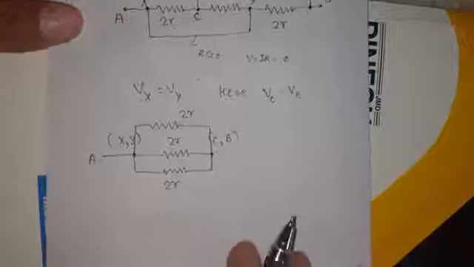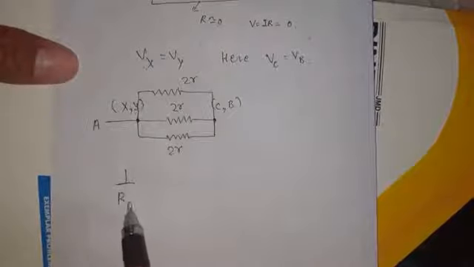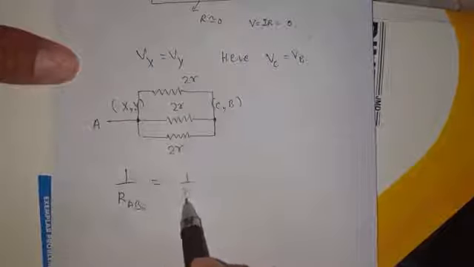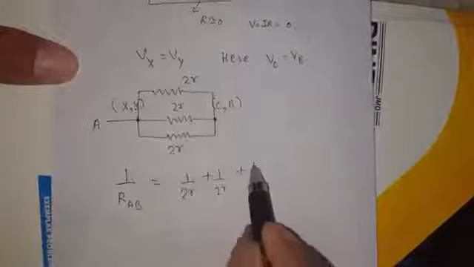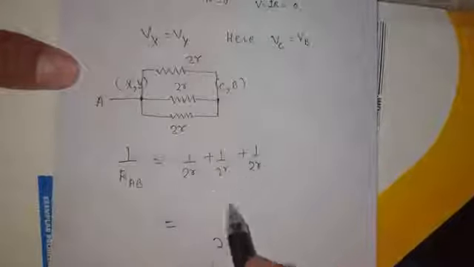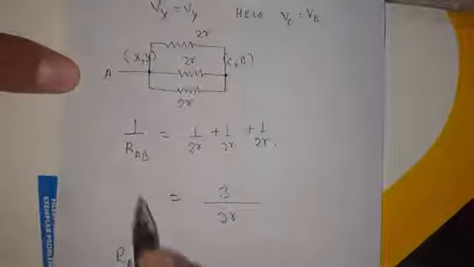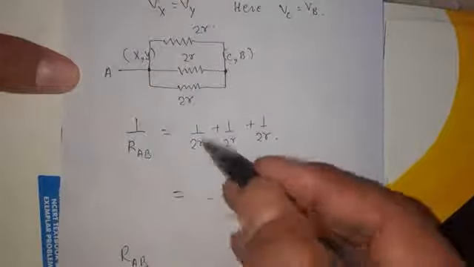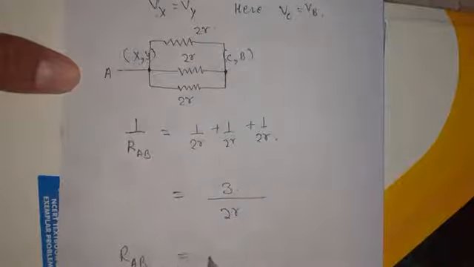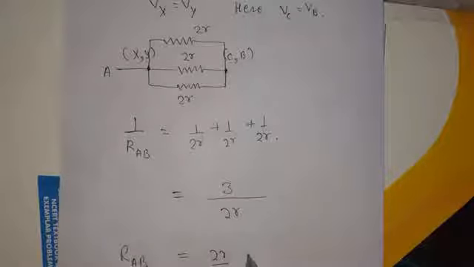So thus we got over here that all resistances are connected in parallel. So in parallel the equivalent resistance is 1 by 2r plus 1 by 2r plus 1 by 2r. This is the way we are going to note it. So the LCM will be 2r and it is 1 plus 1 plus 1, that is going to be 3. Or if we reverse the values upside down, then we get 2r by 3. Okay, thus this will be our answer to this question.